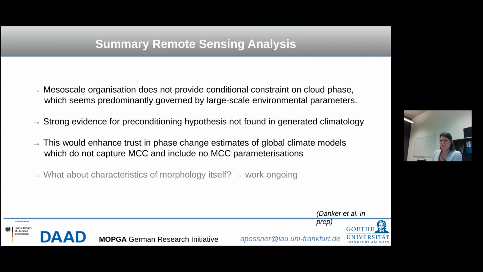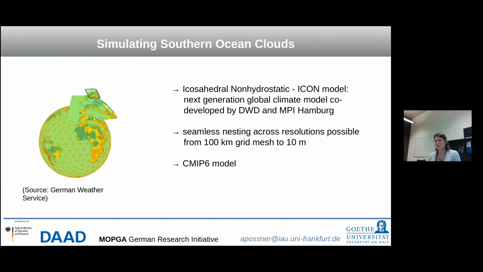Now, while the remote sensing has been really great in looking at the statistics of these kinds of clouds, we are hitting limits with this as well, because when we look at the full dynamics of the system, in terms of what the cloud scale mixing processes are and things like this, that is not something we can assess and we have a good set of data on. So we try to combine this with numerical models that give us this information on mixing, on three-dimensional variability, not just in clouds, but also in dynamical properties. And the model that we use for this is the icosahedral non-hydrostatic, or in short, ICON model. It's a new climate/weather forecast model on the market.